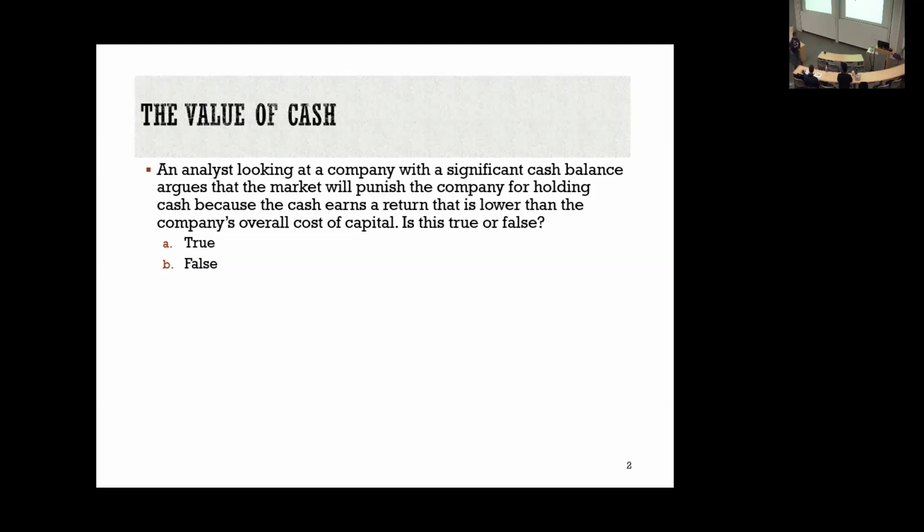We'll talk about reasons to punish a company for holding cash, but it should never be that you earn a low rate of return. If we did that, think of the damage we could do going around companies and saying, I'm going to take off 10% of your cash or 15%. So the low rate of return doesn't bother me, but the fact that you could do other things with the cash potentially could be a problem. Franz, you look like you have a question. Yeah.